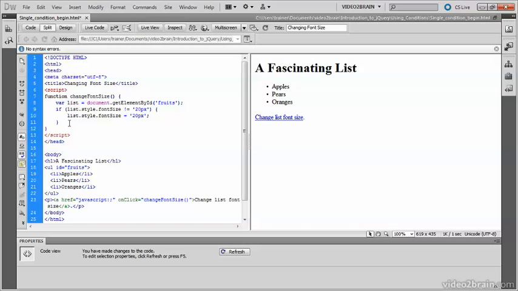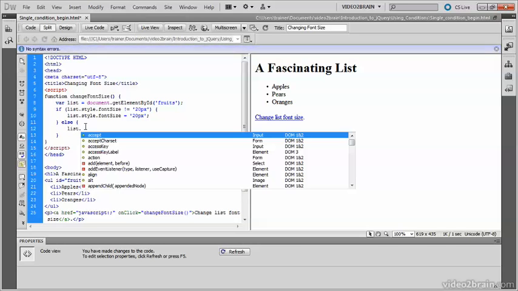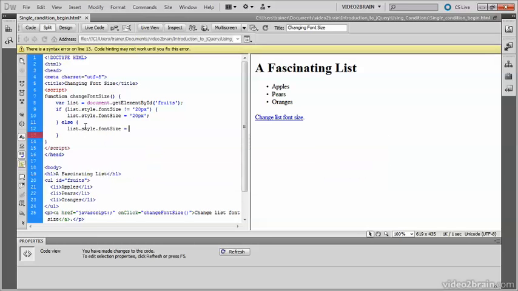but I want to change it back if it is 20 pixels, so I need an else clause. So else, and I'll put the closing curly brace in straight away. And then I just change it to list style font size equals 16 pixels. So save that,